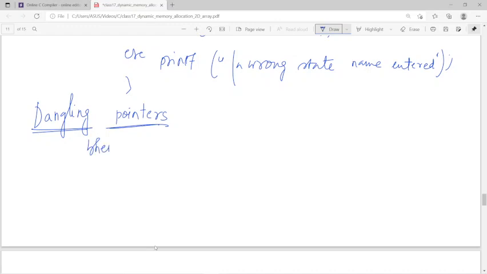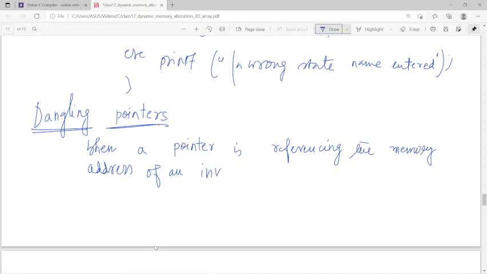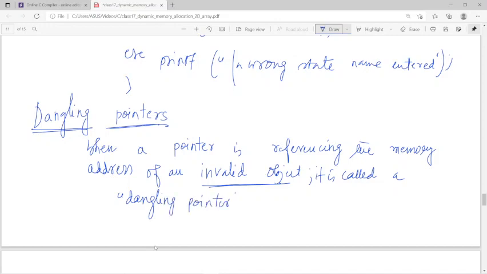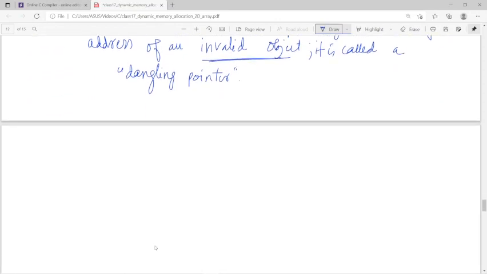What I am saying, that means when a pointer is referencing the memory address of an invalid object, it is called a dangling pointer. হয়তো এটার মানেটা বুঝতে অসুবিধা, তার মানে that means say I am writing